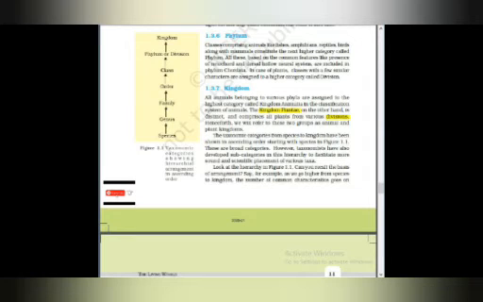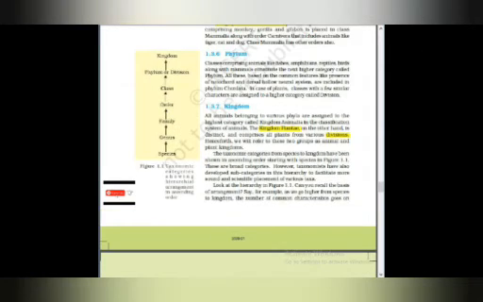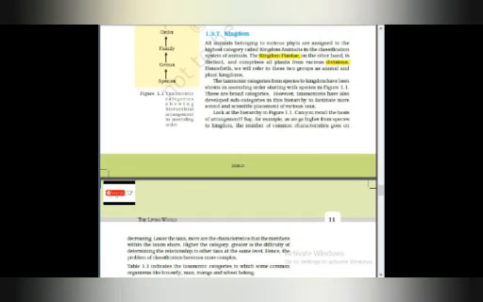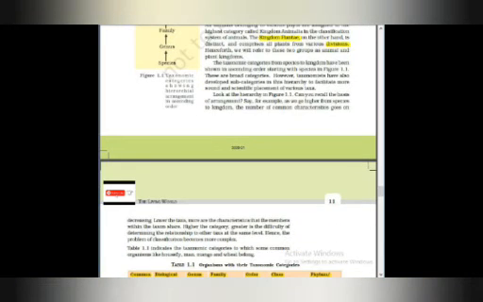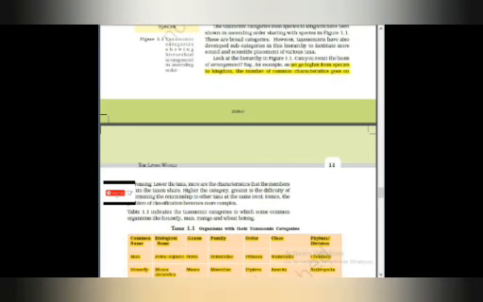So here we will learn about this figure. You can memorize it by the mnemonic: Keep pot clean, otherwise your family get sick. Kingdom, phylum, class, order, family, genus, species. This is the way you can remember the taxonomic hierarchy. An important point here is, as we go higher from species to kingdom, the number of common characteristics goes on decreasing.